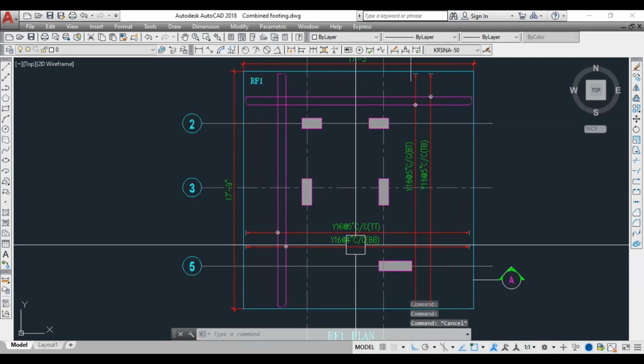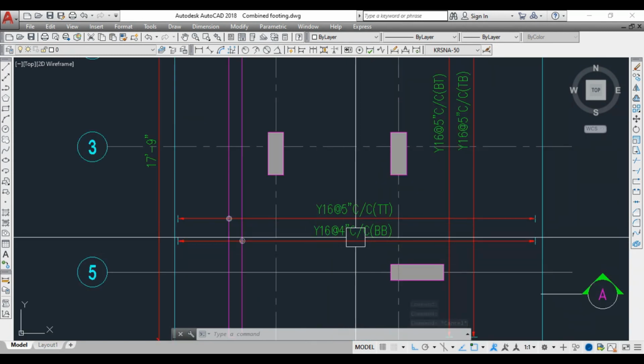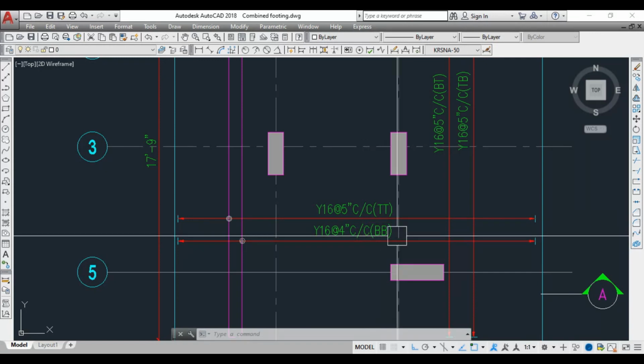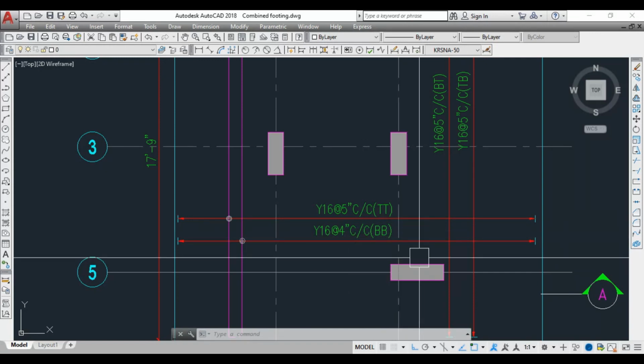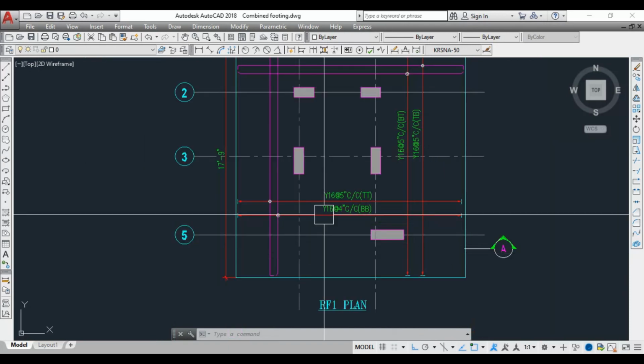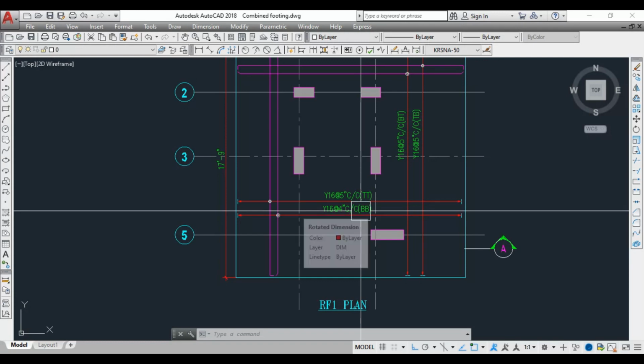Okay, but here see Y16 at 4-inch center to center, BB means bottom bar, bottom layer. Okay, so this is the higher reinforcement, so it should come at bottom.